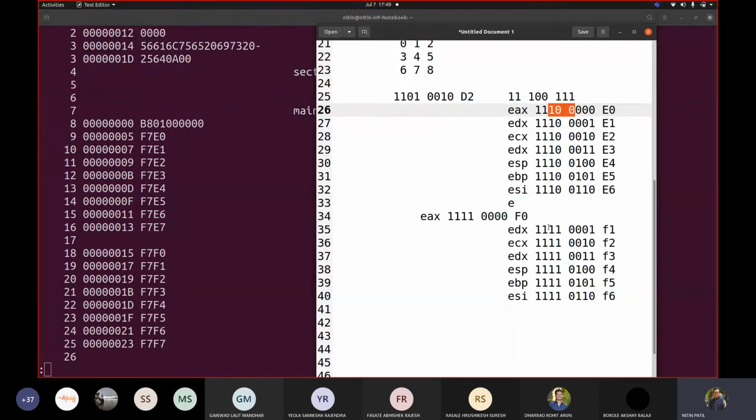Whenever it is 110, because it is like this, correct, then it is a div instruction. Note it down somewhere, because this would be really important for you while designing your own assembler.